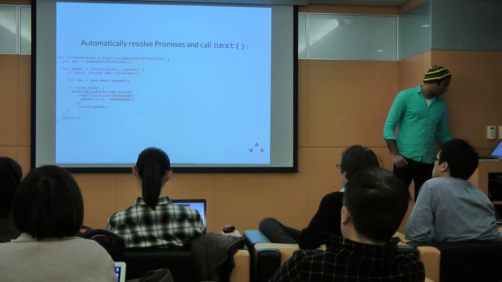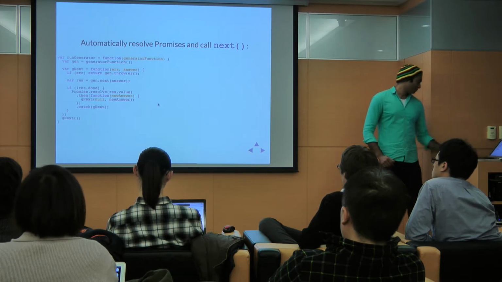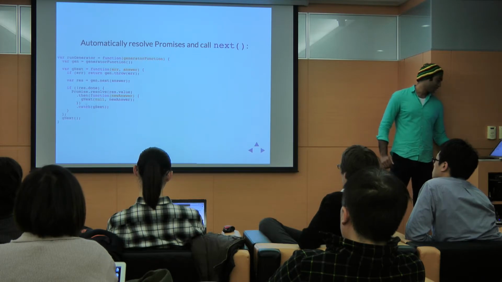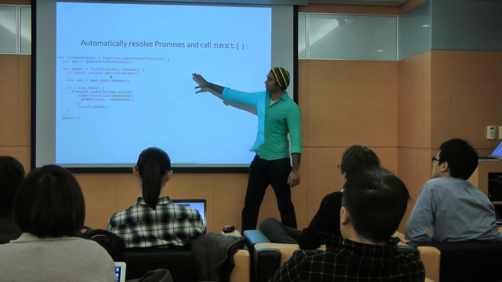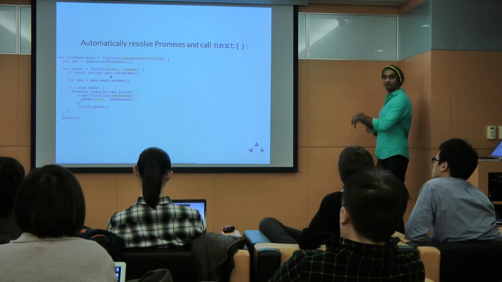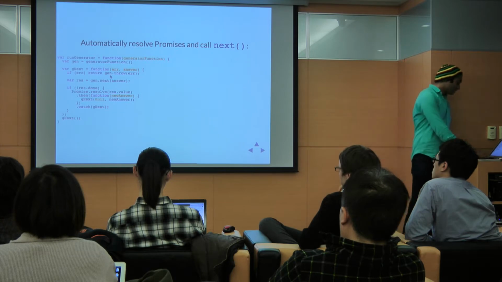So once the asynchronous call has succeeded, we get the answer from that call, and we then call the same function again with the answer. And finally, if there's an error in the call, we again call the same function with the error. So if there's an error, we throw the error back into the generator. If there's no error, we pass the answer to the generator, and we get the next value out of the generator. So that's all this does. It's just a loop over the generator. So now that we have this function,